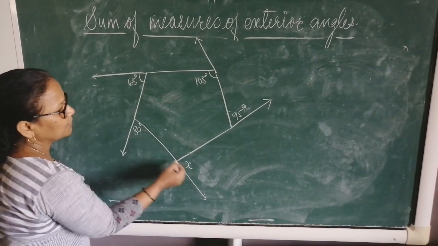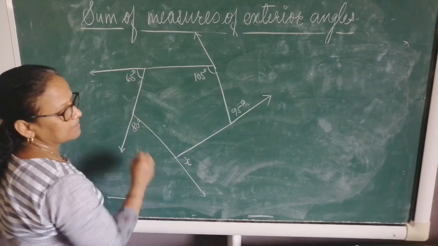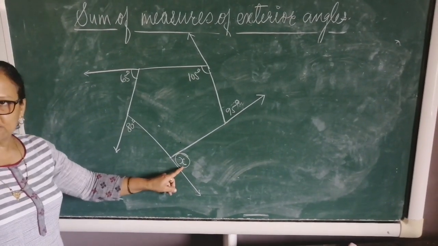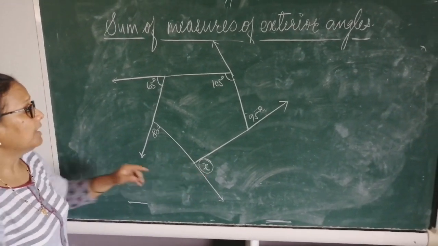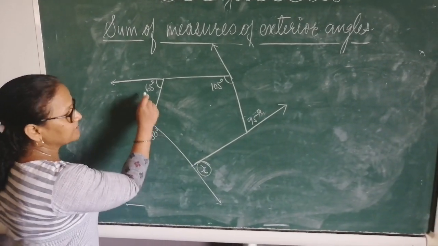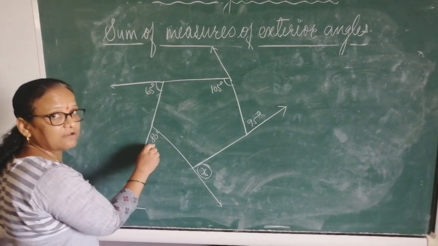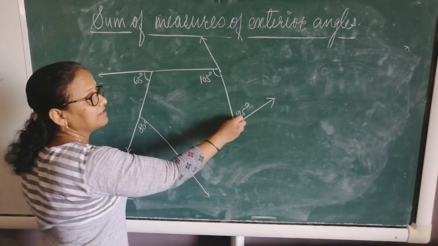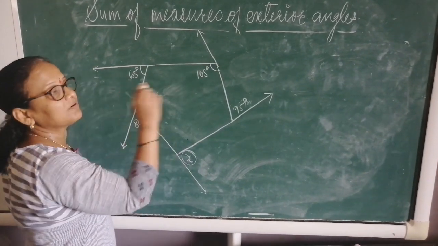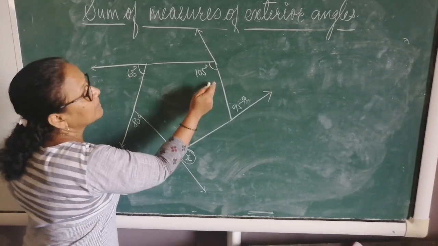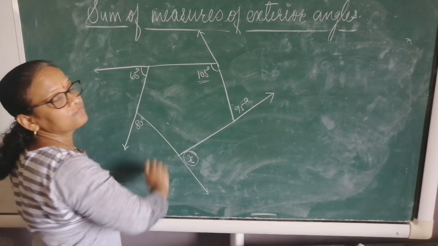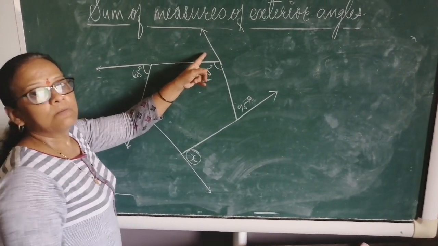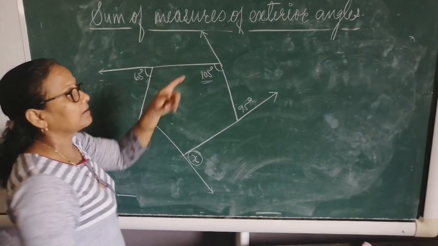Now we will talk about this irregular polygon. Here they have given you exterior angles and you have to find out the value of x. Okay, exterior angle given. Here 65 is given as an exterior angle. This exterior angle is of measure 80 degrees. This exterior angle is of measure 90 degrees. Here they have not given the measure of the exterior angle, but they have given the measure of the interior angle. So first of all we have to find out the measure of this exterior angle.